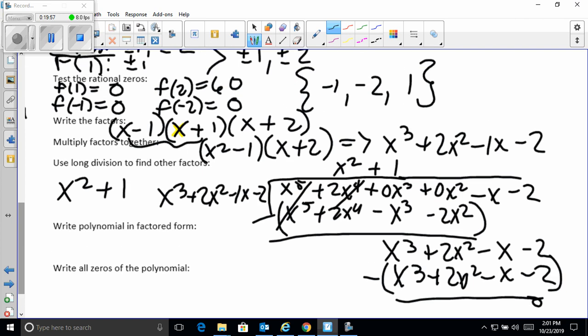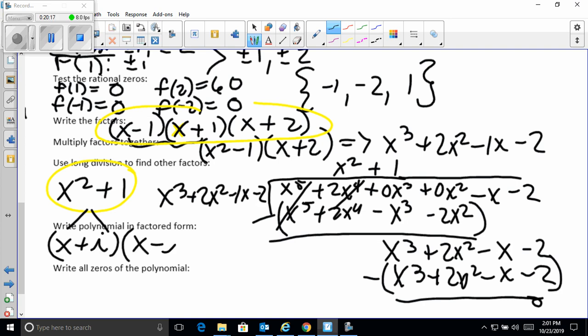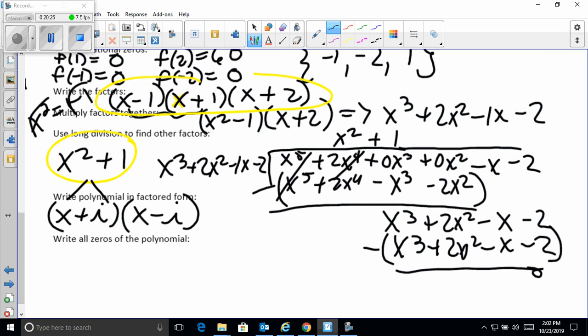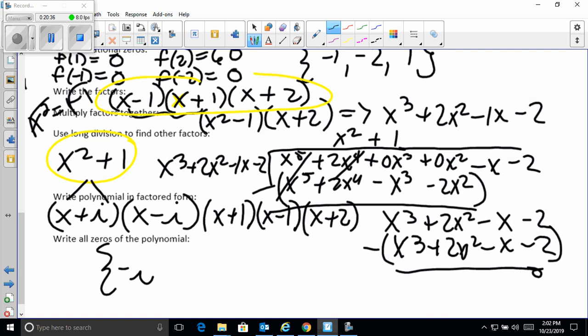Now, I have two factors, or three factors already. I have these ones. Now I can get two more, because I need to have a total of 5 from that. And I said 2 of them had to be complex. That's going to be these ones. It's going to be x plus i and x minus i. Because if you solve that, that's what you would get. And then I have x plus 1, x minus 1, and x plus 2. So my solutions are negative i